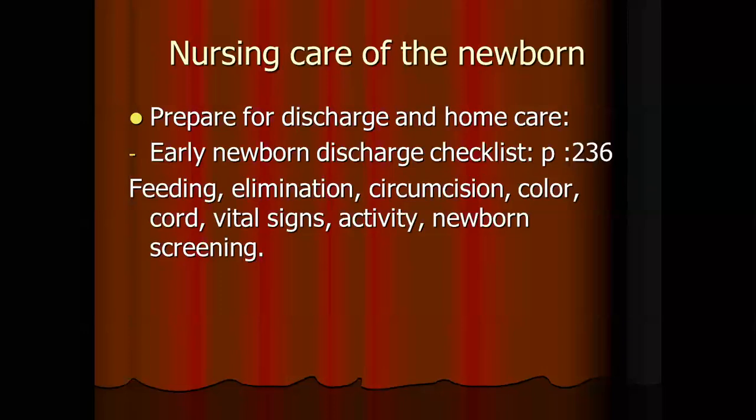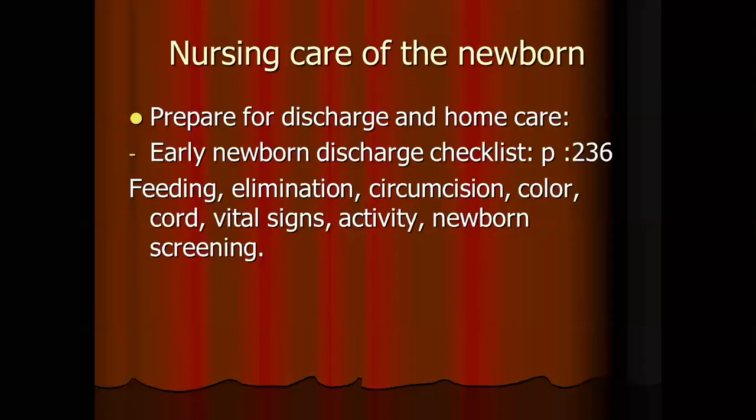Then cord: how to take care of the cord. They should not cover the umbilical cord with a diaper, nor overly expose it to the open environment, and it takes 7 to 10 days for healing. They should not plug it, and they should not apply any cream or anything else there. Just assess the cord for any odor or color changes or any abnormality when the child is crying, or any discharge from the cord.